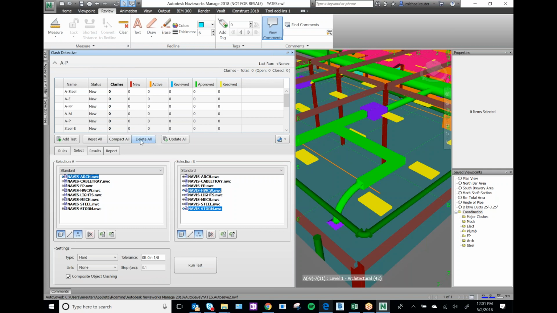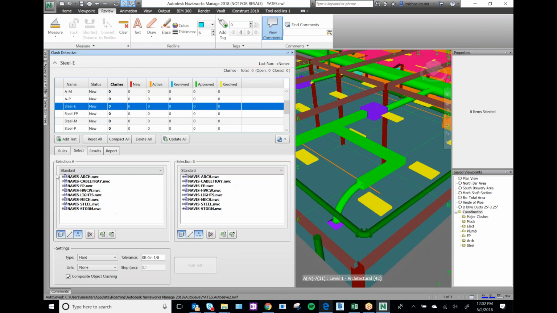Finally, there's delete all. Let's not. I would recommend not clicking on either one of these if I could control it, because basically, like I said, you want to watch the world burn. You just want to start all over. All the work that you've done with your clashes, setting everything up, you just want it to go away. So I would not recommend doing that, because you want to keep them open. For each project, or each week, you're going to want to update this. So finally, there's update all. Okay. So before I hit update all, let's just go through and